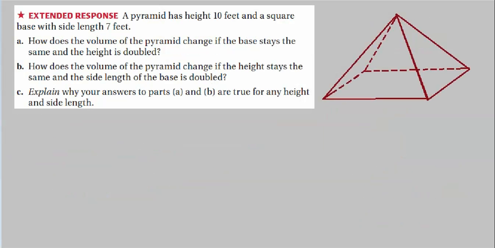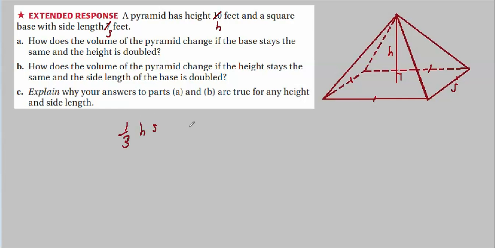Here's a problem that I think is more interesting if we just work it out generally, because part C is going to ask you for general answers. I think we can probably do this without the numbers. I'm going to say this has height h and side length s. In other words, we're going to do it this way and see what happens. Now, the volume for the pyramid is 1/3 h s.